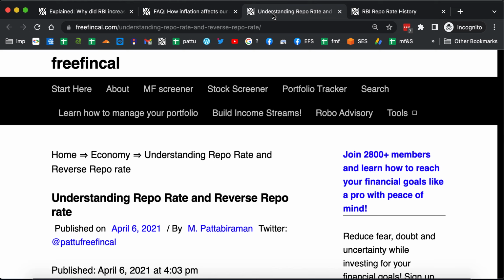So then there is something called the cash reserve ratio. This is the percentage of depositors' money the banks will have to mandatorily hold with RBI. This has been increased from 4% to 4.5%. Which means that banks have got lesser money to play with, they have lesser money to lend, and therefore again demand will be curbed further.